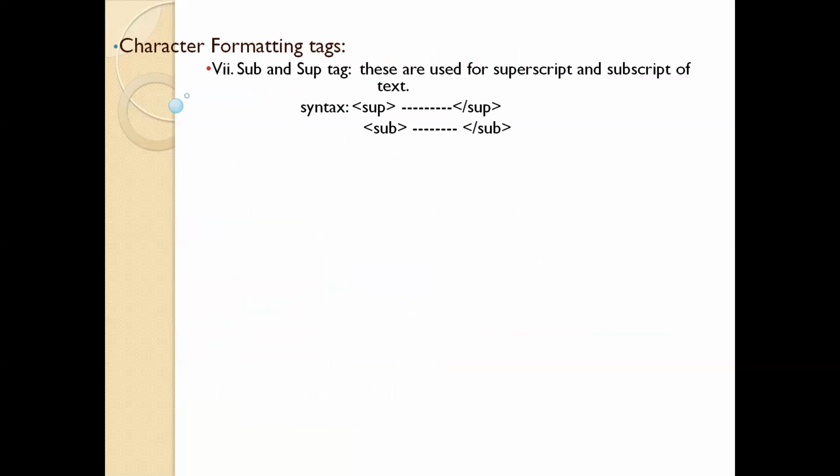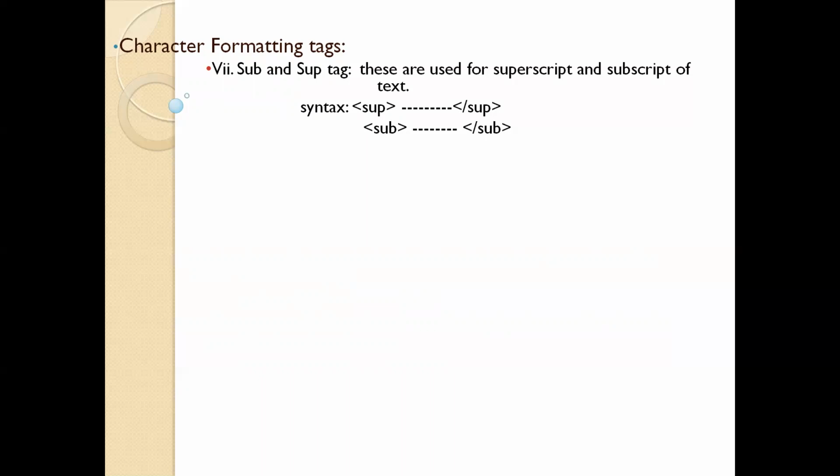These are the tags for superscript and subscript of text. We all know that while we are working with mathematics, we have something like x square plus y square equal to z square.